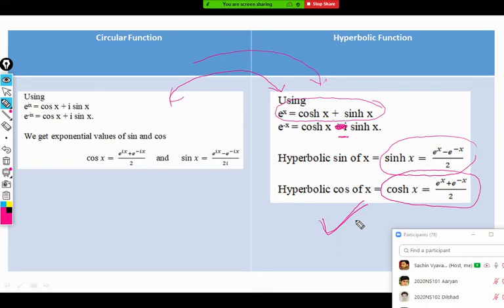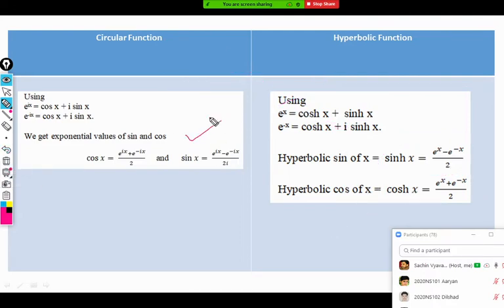Even though it is very trivial, these formulas we require in solving the examples. Another thing now: we have the formulas for sin x, cos x, or sin hx, cos hx. So remember, this h is not a constant. You read it like hyperbolic sin x, hyperbolic sin of x, or sin h of x. But h is not a constant there. So this is the entire notation for a function, cos hyperbolic of x. So we have this sin hx and cos hx.